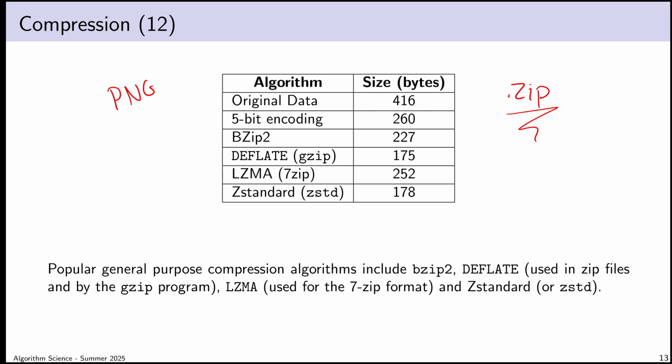So some popular general purpose compression algorithms include bzip, which is the command line program bzip2, a scheme called deflate, which I think is by far and away the most famous scheme of all the ones I've listed, even though you may have never heard the term before in your life. I'll come back to that in a minute. A scheme called LZMA, which, I don't know, the American part of me, I'm going to pronounce that as LZMA, I'm afraid, which is the scheme used inside of the 7-zip utility and for various command line utilities on Unix systems like XZ. There's also a scheme called ZStandard, or ZSTD,